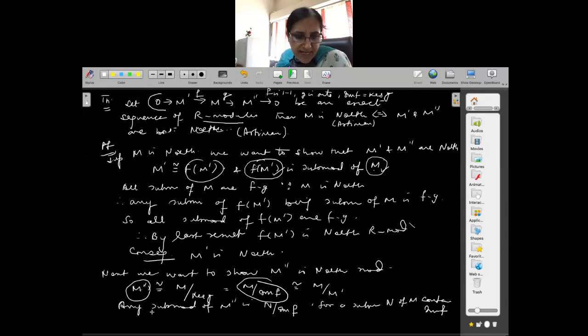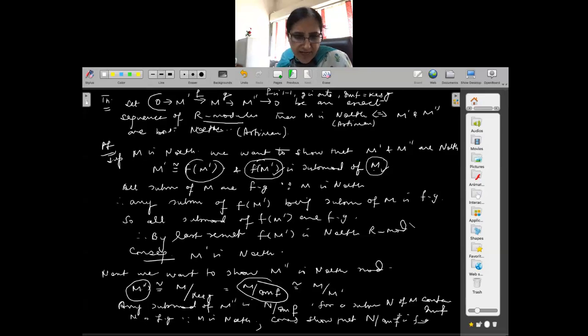But N is finitely generated because M is Noetherian. So if N is finitely generated, then N mod the image of f is also finitely generated. That's an easy exercise.